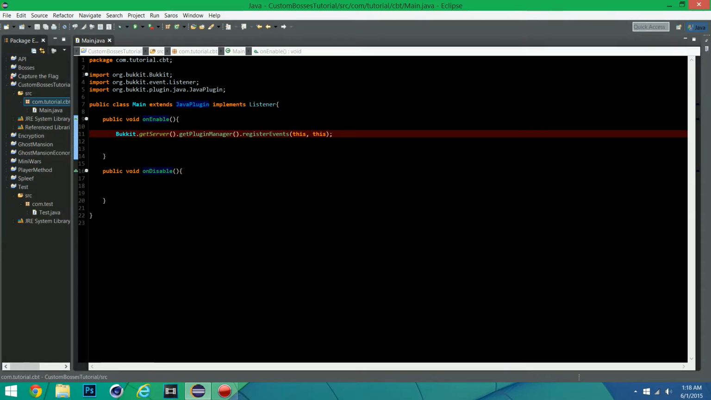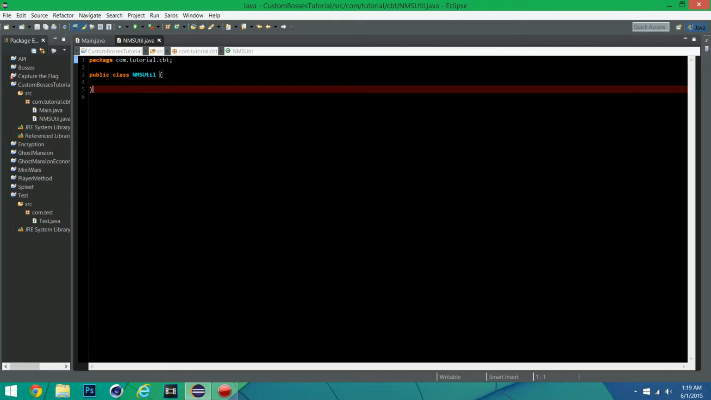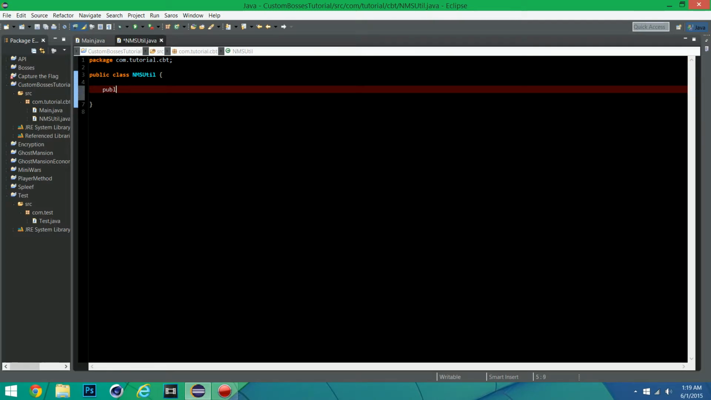So first off, we need to make another class called NMSUtil, and inside this class we are going to make a public void, and this is just going to be a little method to register our entity. So public void registerEntity,